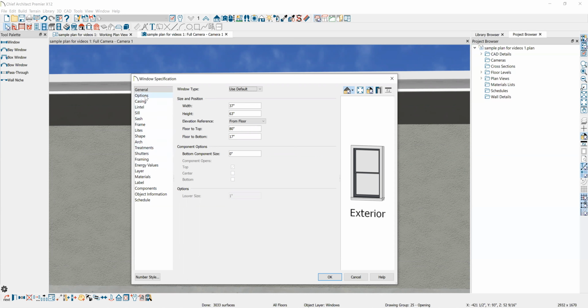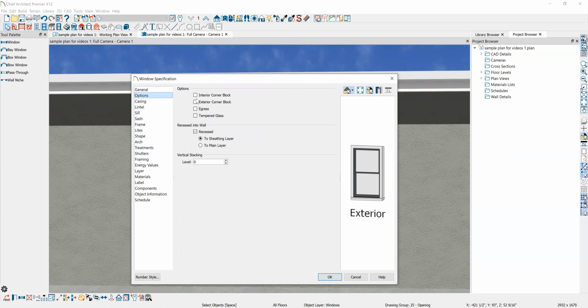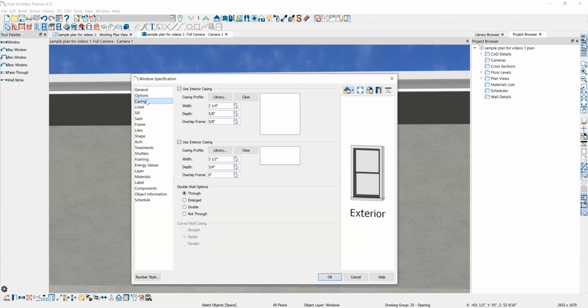If you look down here, these are your options. You could check egress if you need it to be an egress window for your schedule. Tempered glass, exterior corner block, interior corner block. If it's recessed into the wall. And this is if you're vertically stacking more than one window, so one on top of the other. This is where you turn your casings on and off. So this is your interior casing, your exterior casing,